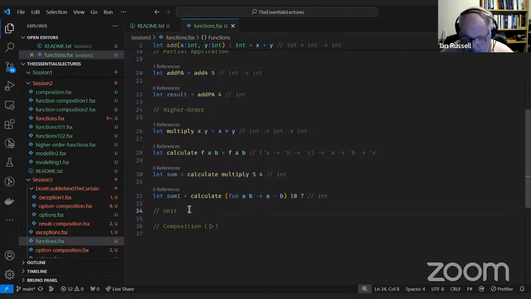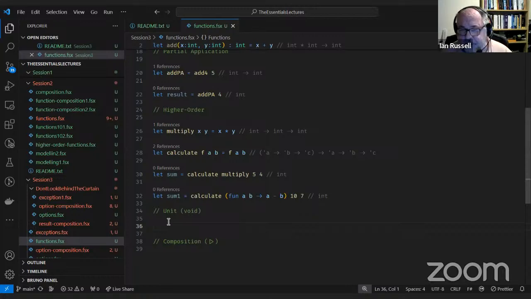The next thing we covered last time was unit. Unit is used because we don't support void, because basically everything in F# is an expression. Everything returns something. So a void is nothing, but we can't have nothing.